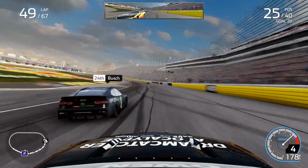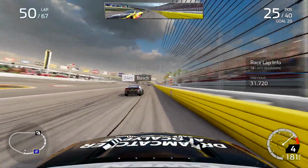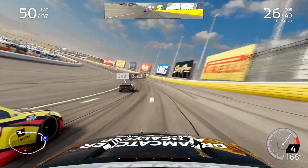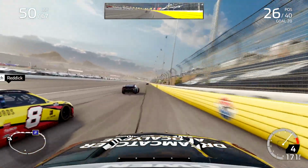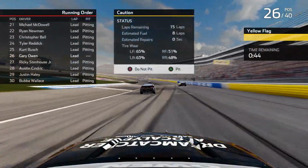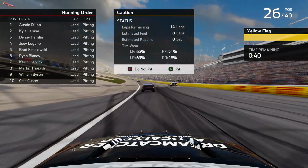That was actually who had the tire failure in stage 2, Tyler Reddick, I believe, because here he is making his way from the back to the front. He's going to go on the inside. I knew I didn't really have much for him today, so I was just going to let him go by and not impede the progress he is trying to make in that number 8 Chevrolet. Second race in a row that at one point Tyler Reddick has had to come from the back to the front, but the caution would actually come out with 15 laps remaining in this race,